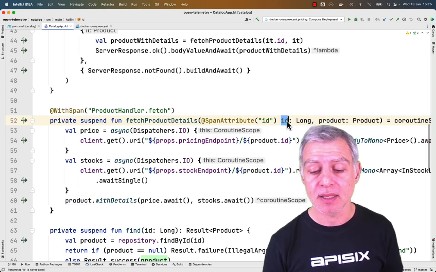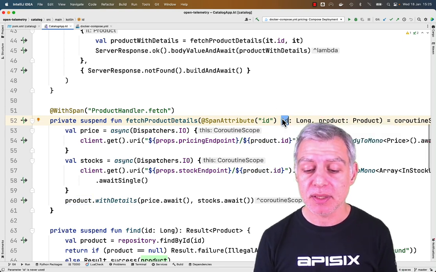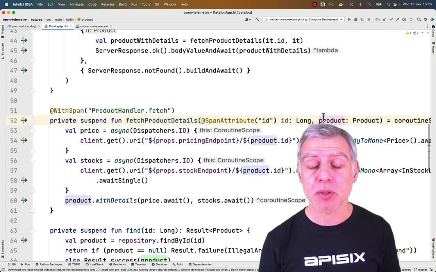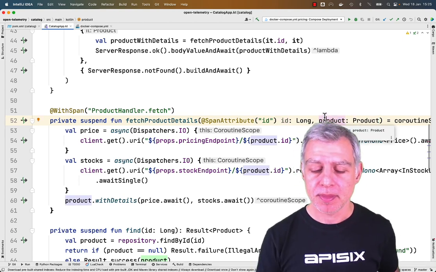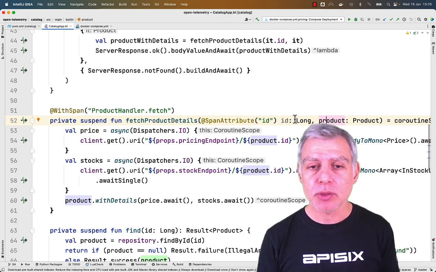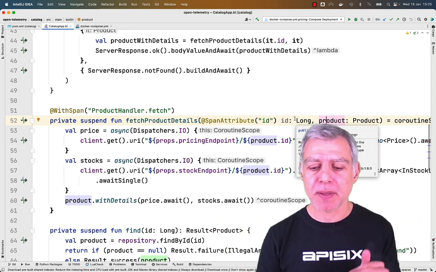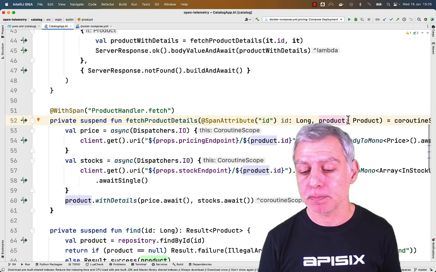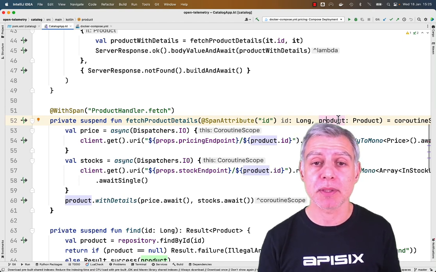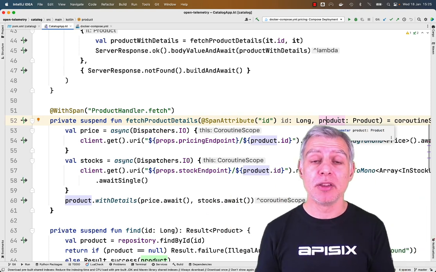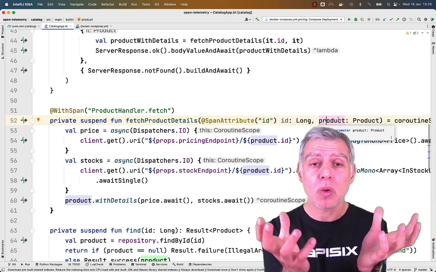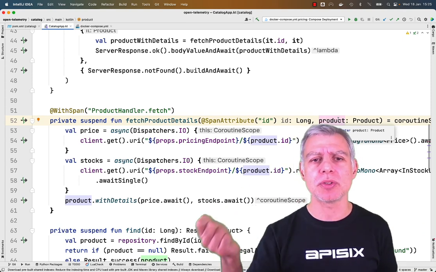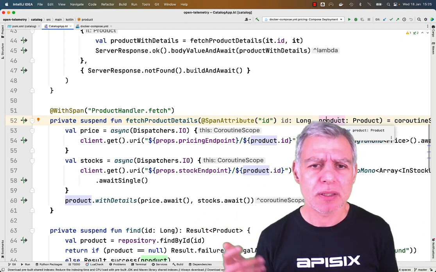Here you see that the ID parameter is not used because I already have the product. But because I want to capture the ID, I need to separate this parameter. I wouldn't be able to capture the span attribute product because then I would have not the ID but the whole memory reference, unless I create a toString, whatever, which is not a great idea.